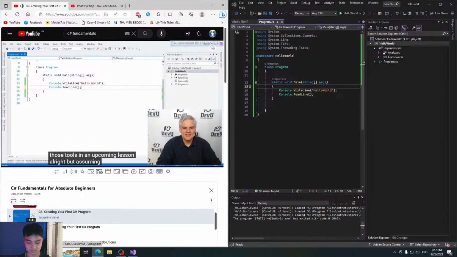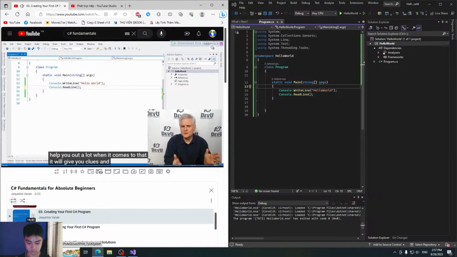All right, but assuming that you got all of this to work correctly, you're really well on your way to building applications. You've already crossed over one of the big first steps. And as you undoubtedly learned in this lesson, writing C# code is an exercise in precision. And again, fortunately, the Visual Studio IDE will help you out a lot when it comes to that.